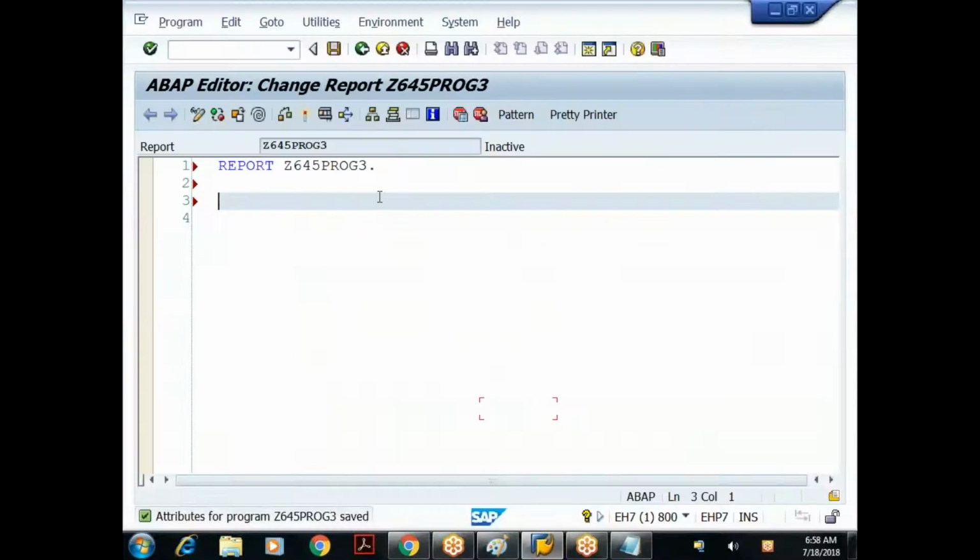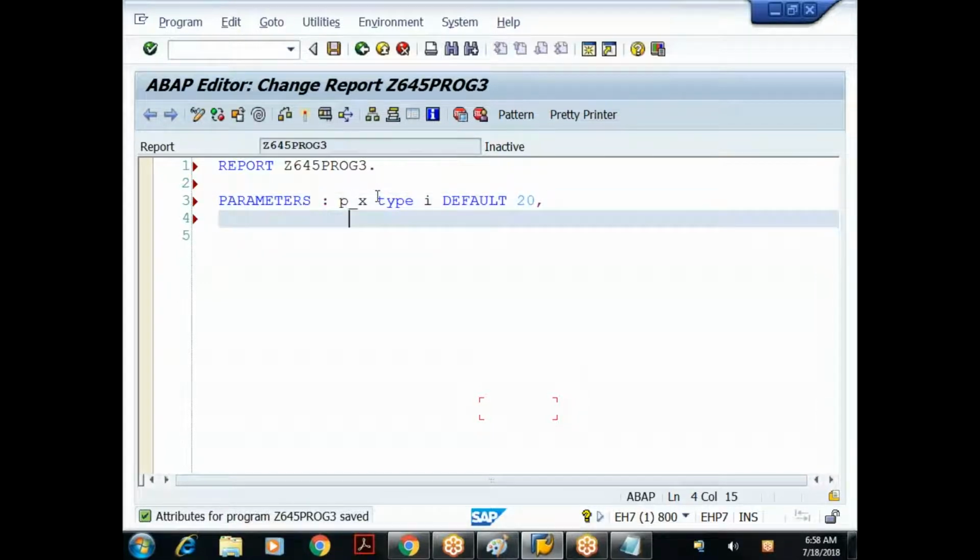I'll use the parameters keyword with a chain operator because I want to declare multiple variables: p_x, type I, default 20, and p_y, type integer, default 15.